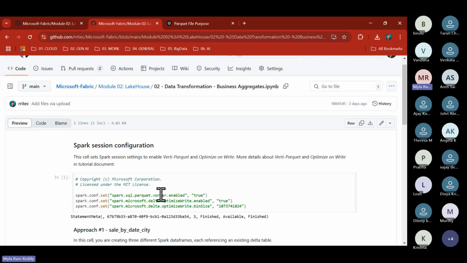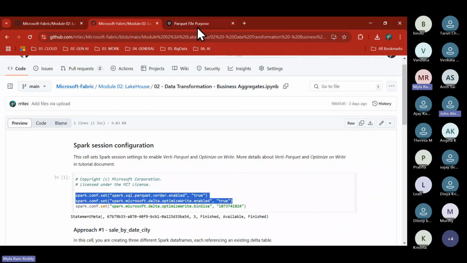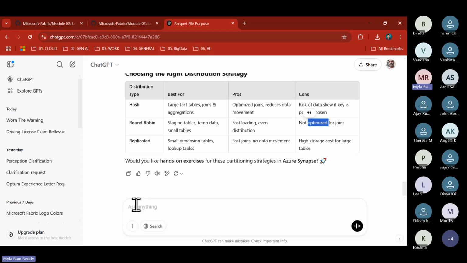So these two parameters, generally we are going to make them true. One is to improve performance whenever you are reading the data properly. One is to write in an optimized way. Take these two parameters today, and use something like ChatGPT to explore more. Explain